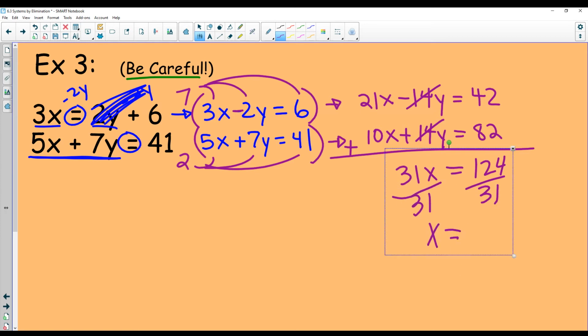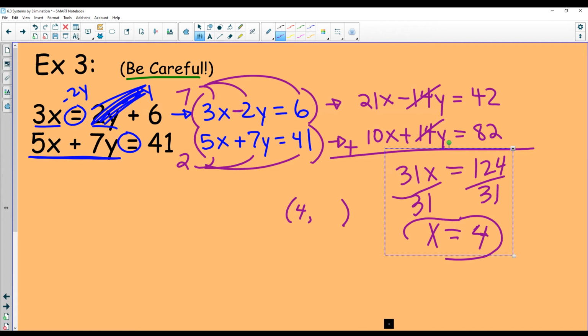All right, and if we divide that, we have 4. So x equals 4. Okay, goodness. All right, so that is half